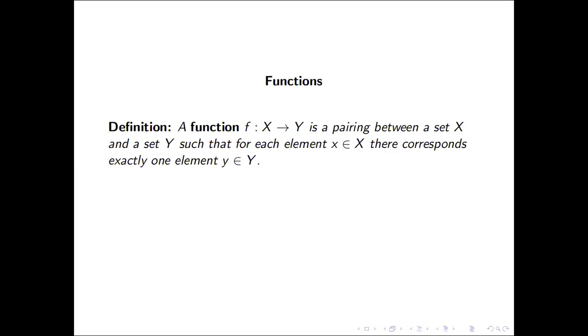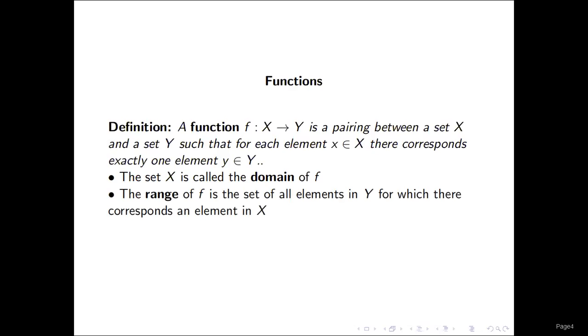Now, later on, we will be giving a more mathematical definition of a function using equations. But for now, let's define the following. The domain of the function f. Since there are two sets involved, we call the first set the domain of the function f. And that should be obvious. However, for the range, it may not necessarily be the second set Y, for the reason that not all elements in Y may be paired with an element in X.